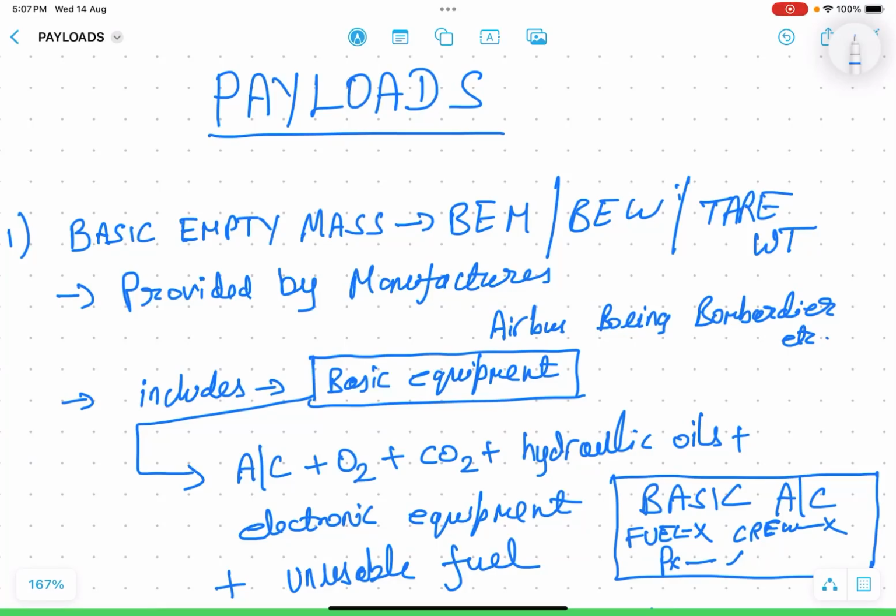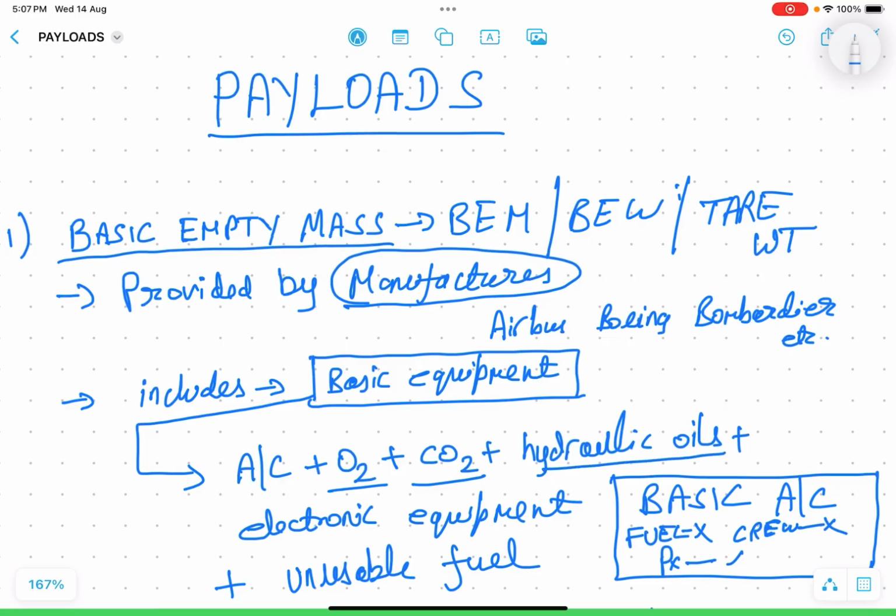So the first definition in payloads is basic empty mass or basic empty weight, also called tail weight. It is provided by the manufacturer of the aircraft, for example Airbus, Boeing, Bombardier, etc. It includes the basic equipment in the aircraft, the aircraft itself, oxygen apparatus, carbon dioxide cylinders, hydraulic fluids, hydraulic oils, electronic equipment, and a little unusable fuel. So it basically is the basic aircraft and has no fuel in it, no crew in it, and no passengers